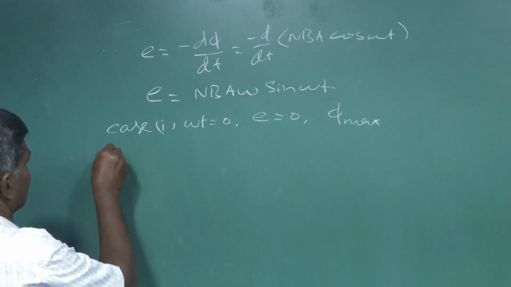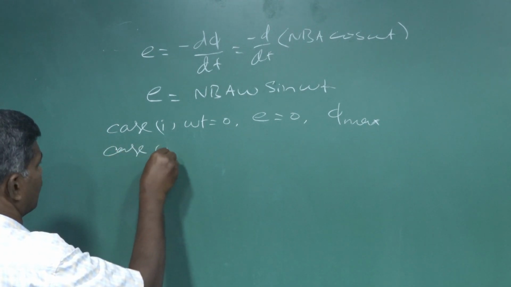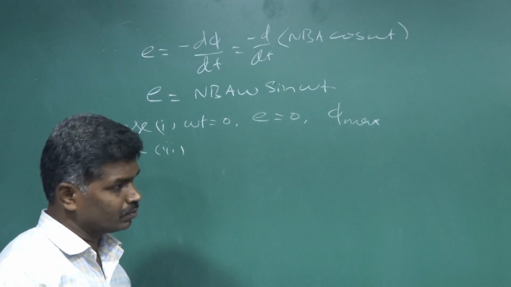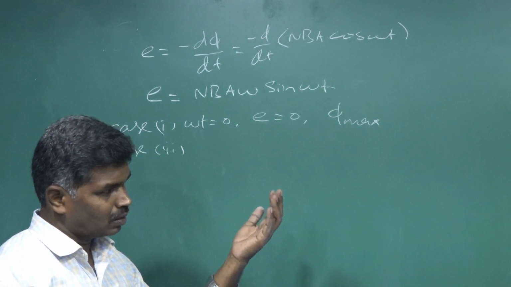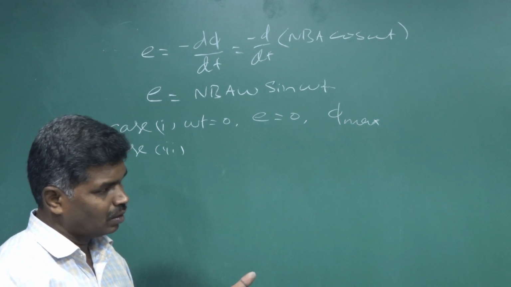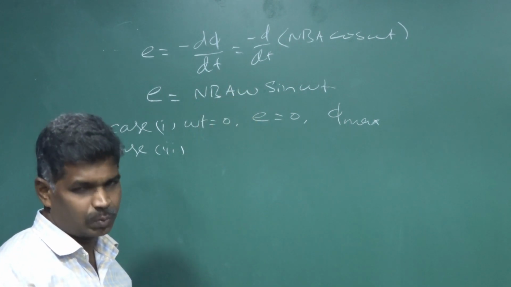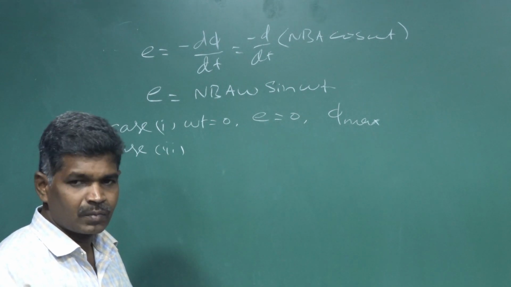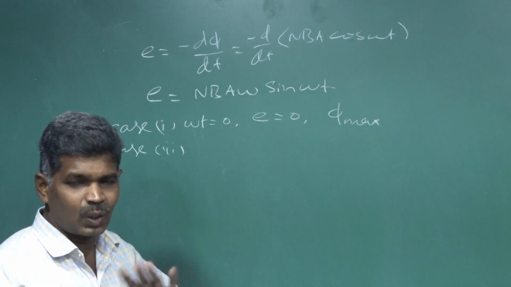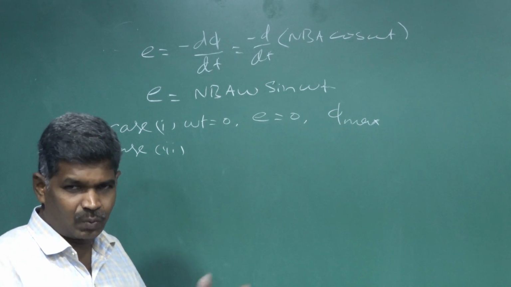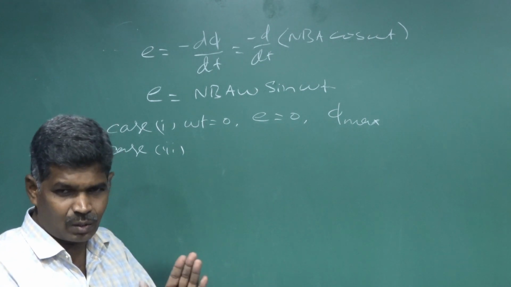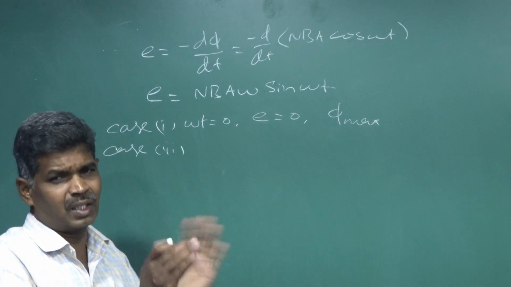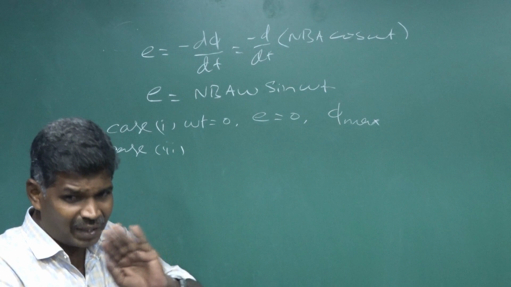Second case we can take. If our angular rotation is 90 degrees, the magnetic field direction is along the plane of the loop. If the magnetic field is along the plane of the loop, the flux linked with the loop is 0. Initial flux is maximum, now the flux is 0. What about the change in flux? The change in flux is maximum, and a maximum change in flux means the EMF induced is maximum.